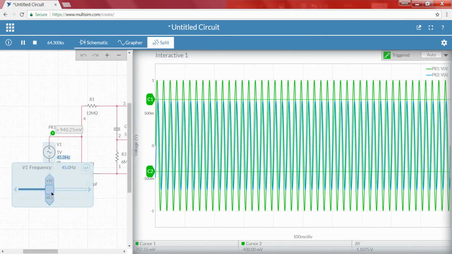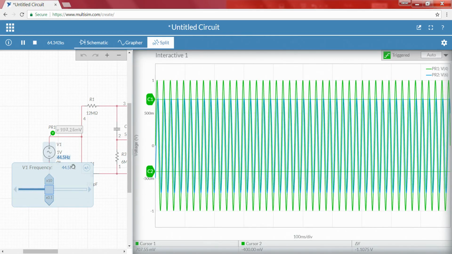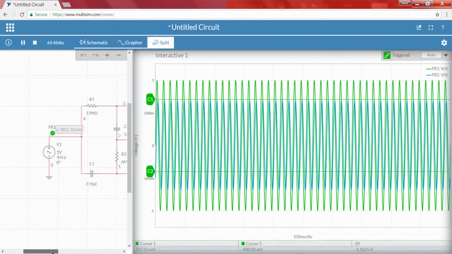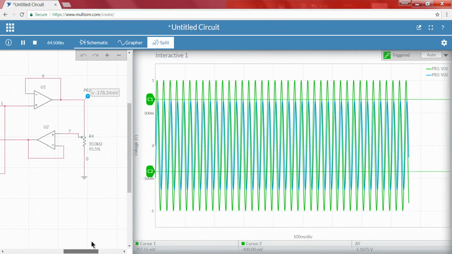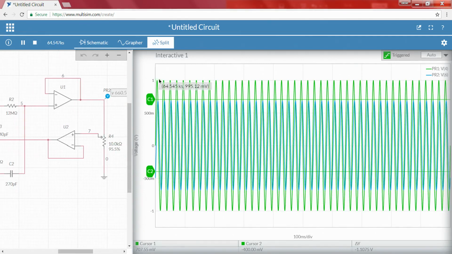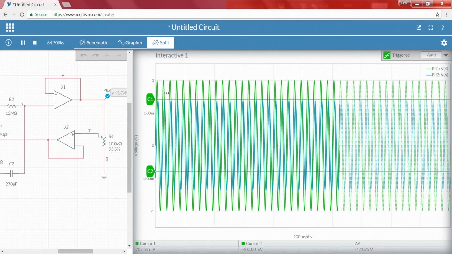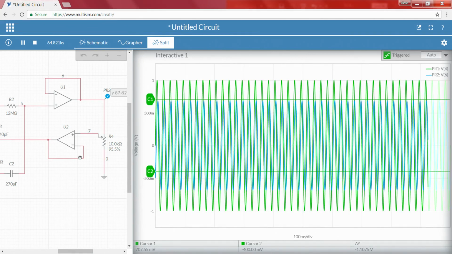Now, if I slowly increase, 44.45, let me see, take 45. See, there is a drastic change from 44.5 to 45 itself, and since our interest was somewhere around 50 hertz, within a range of plus or minus 5 hertz, from 45 hertz to 55 hertz I am completely eliminating. Even if that is not required, we can change this R4 resistance to some other value. So, we can see a very drastic change, narrow banding of the frequency, everything.